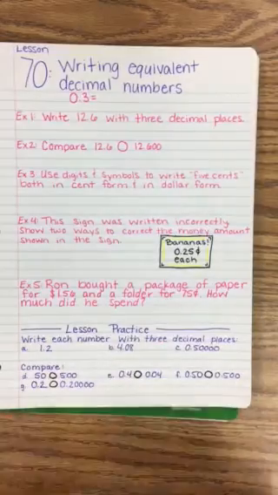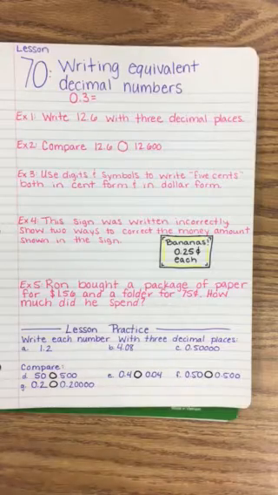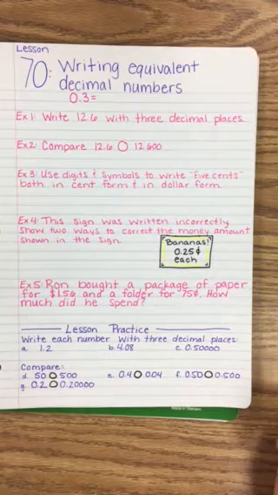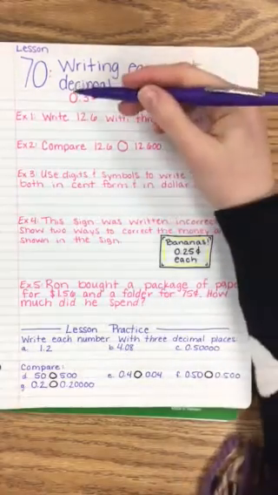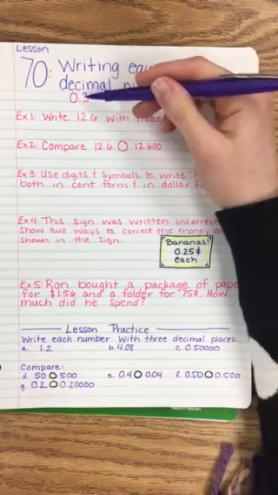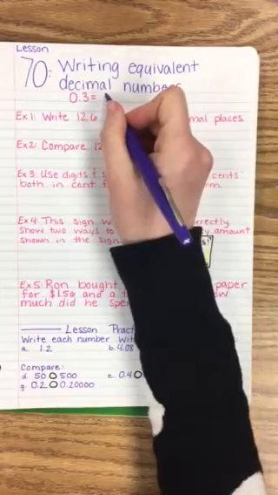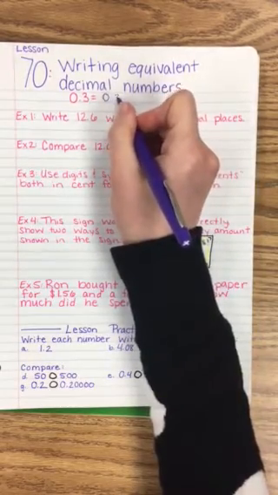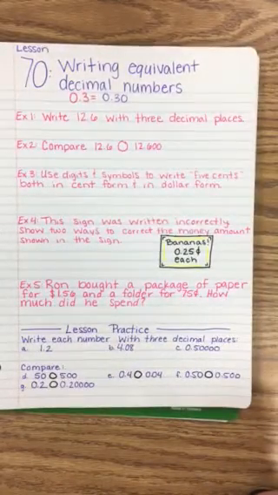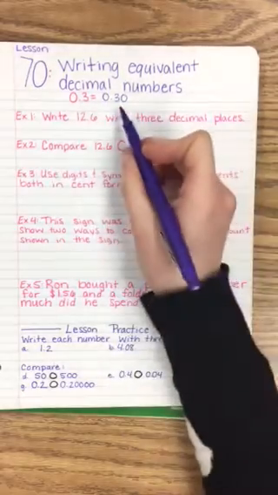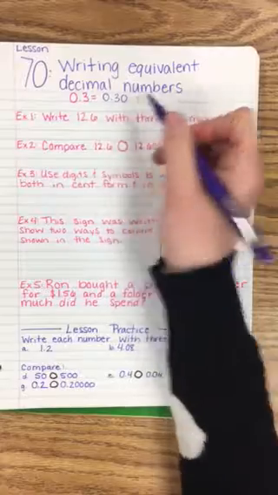Lesson 70. Writing equivalent decimal numbers. We may attach one or more zeros at the end of a decimal number and it doesn't even change the number's value. For example, we can write 0.3 or 3/10 as 0.3, or as 0.30. The zero does not change the value of the number because it doesn't change the place of the 3. If you have 3/10, that's the same as